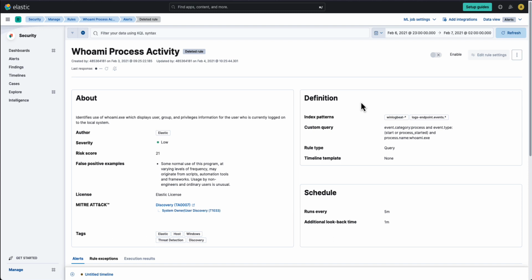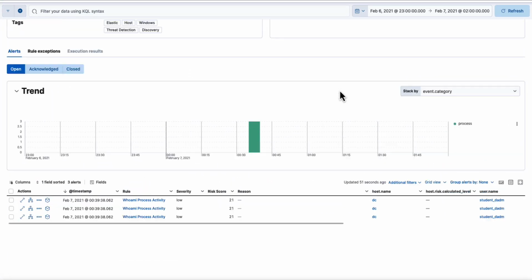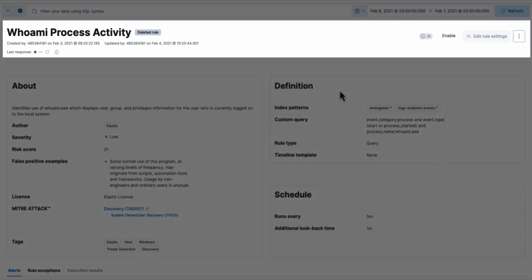As you can see, the rule interface consists of three main sections: the top, middle and bottom. Now let's go through each one step by step. In the top section, you'll find the following elements: the name, which is the name of the rule; the created or updated by and when, shows who created or updated the rule and the respective timestamps;